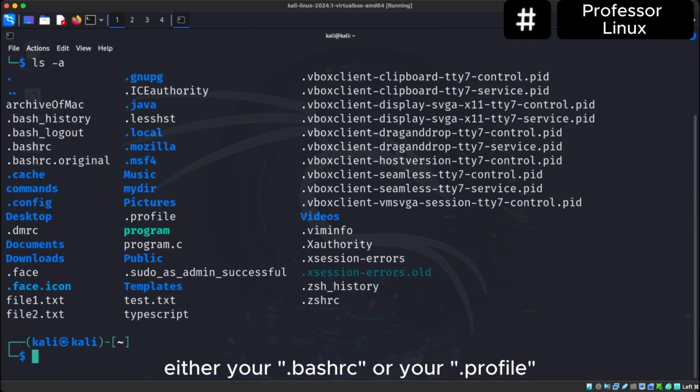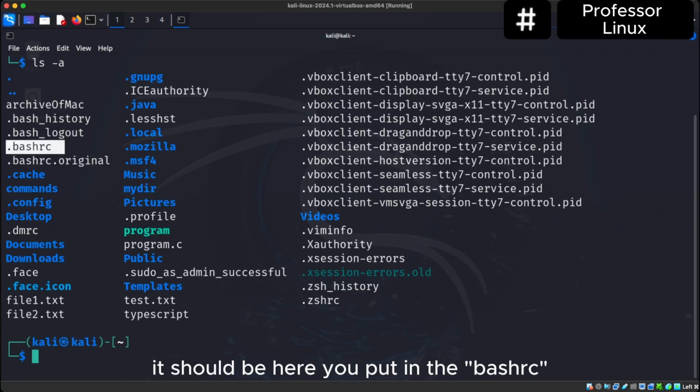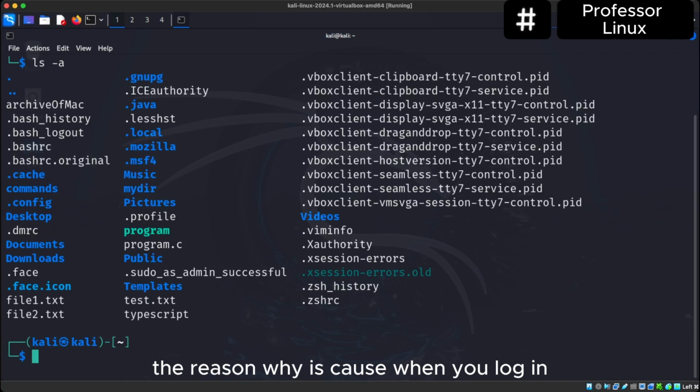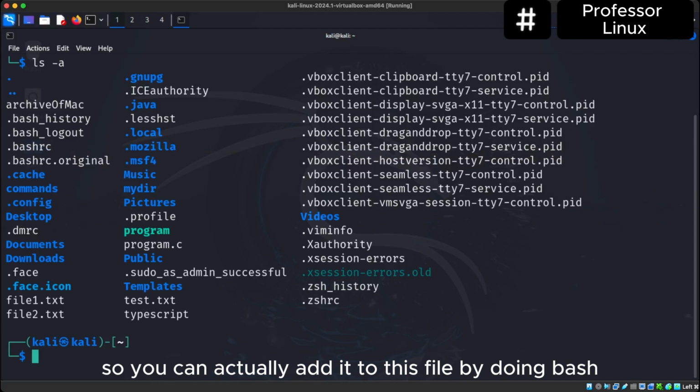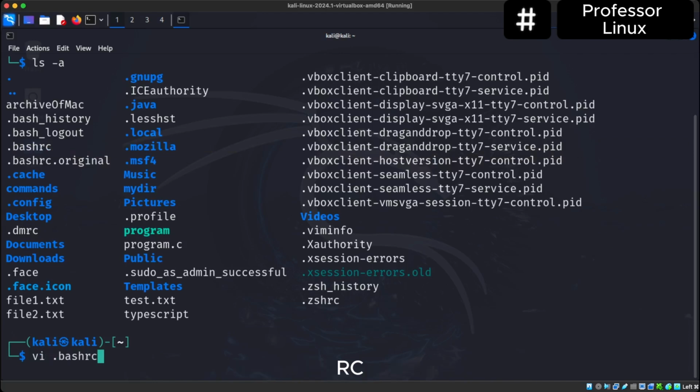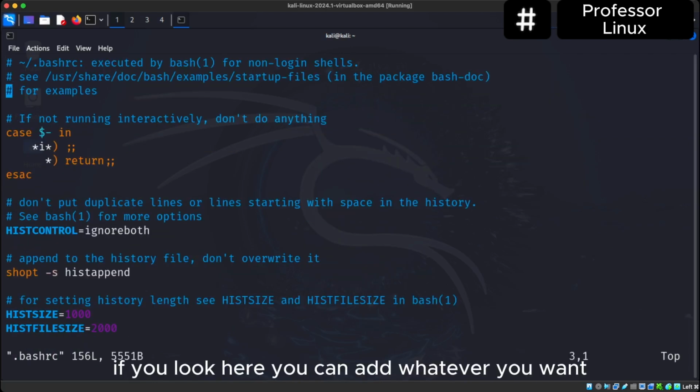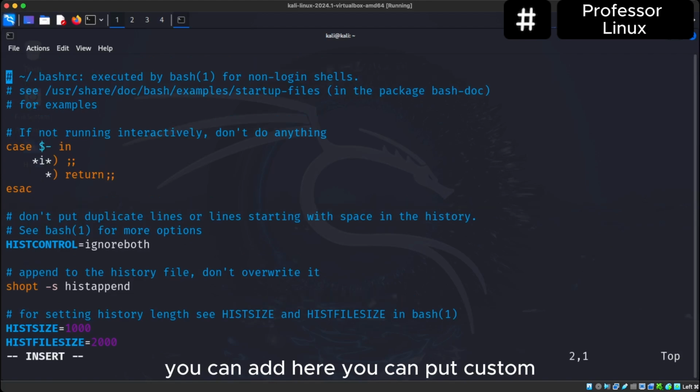either your bashrc or your .profile. This should be here. You can put it in the bashrc. The reason why is because when you log in, it actually runs all the commands here. So you can actually add it to this file by doing bashrc. And if you look here, you can add it wherever you want. If you want to add it here, you can add it here. You can put